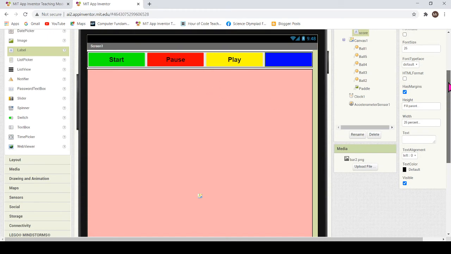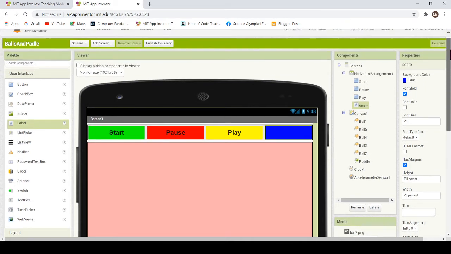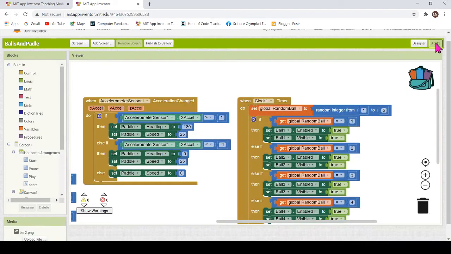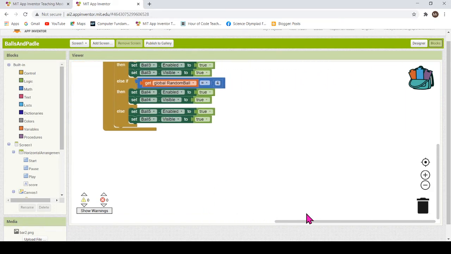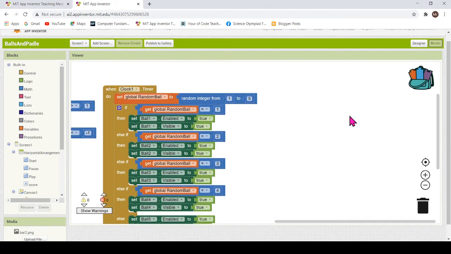We have added these four buttons, which have increased the functionality in your game, like start, pause, play, and then score. Now let's go ahead and give the final touch to your game. You will find very interesting blocks coming ahead, and you will have a lot of learning here. So as you can see, we can write the blocks of code anywhere. I'm just going to add one more block here.